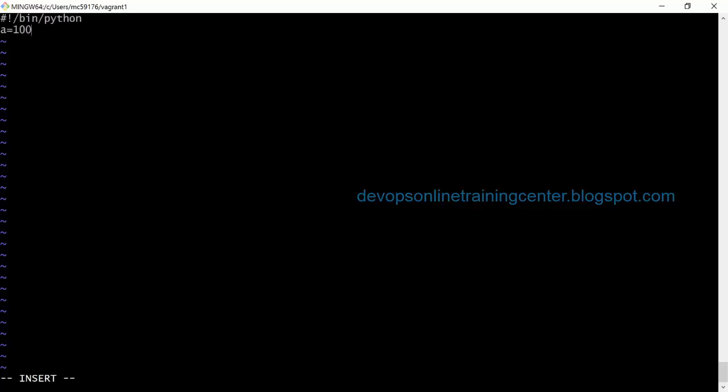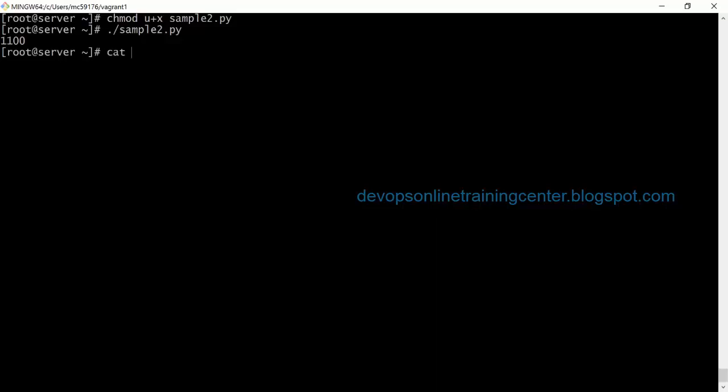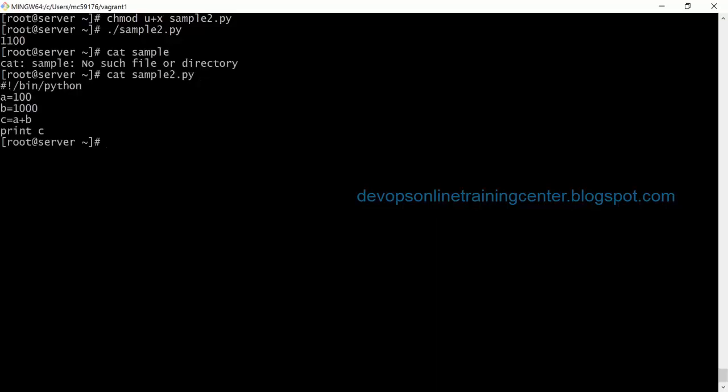A is equal to 100, b is equal to something, c is equal to a plus b, print c, right? I'll again change the mode and I'll just execute sample2.py. So this will print 1100. It will just sum two numbers, which is a, another is b, and it will print c. Is this clear?